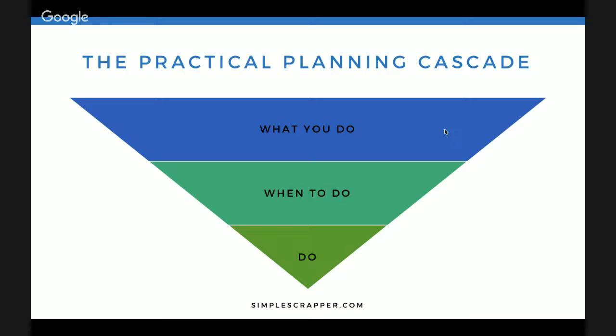And here's how this fits into planning. I like you to think about what you do on roughly an annual time scale. And that looks like once a year going in and basically doing an assessment of your hobby. And we like to do that this time of year, which is why we're having this webinar. When you take some time to pause and really reflect on what's working and what's not working, you can take steps forward so that you can even improve the whole spectrum of your hobby.